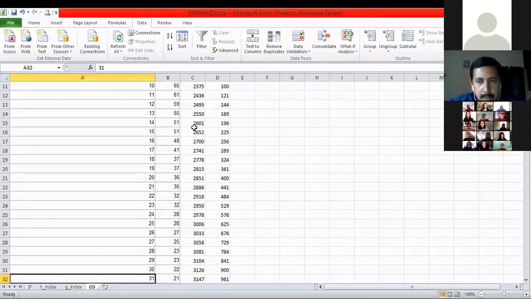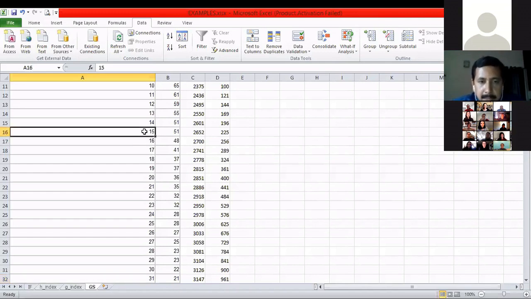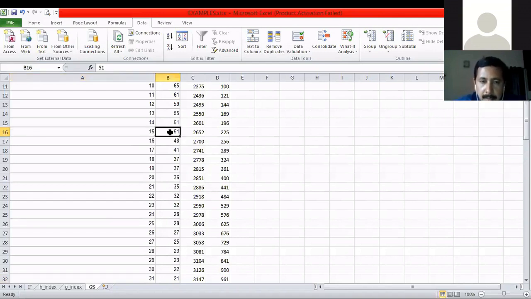It is important for you. I'll just clarify once again. Let me start from 15. Let us say 15 articles have 15 citations. Do they have 15 citations? No. If it is higher, you should say yes. Let us say article number 15. What is the number of citations? 51. It means that all the 15 articles have at least 15 citations.